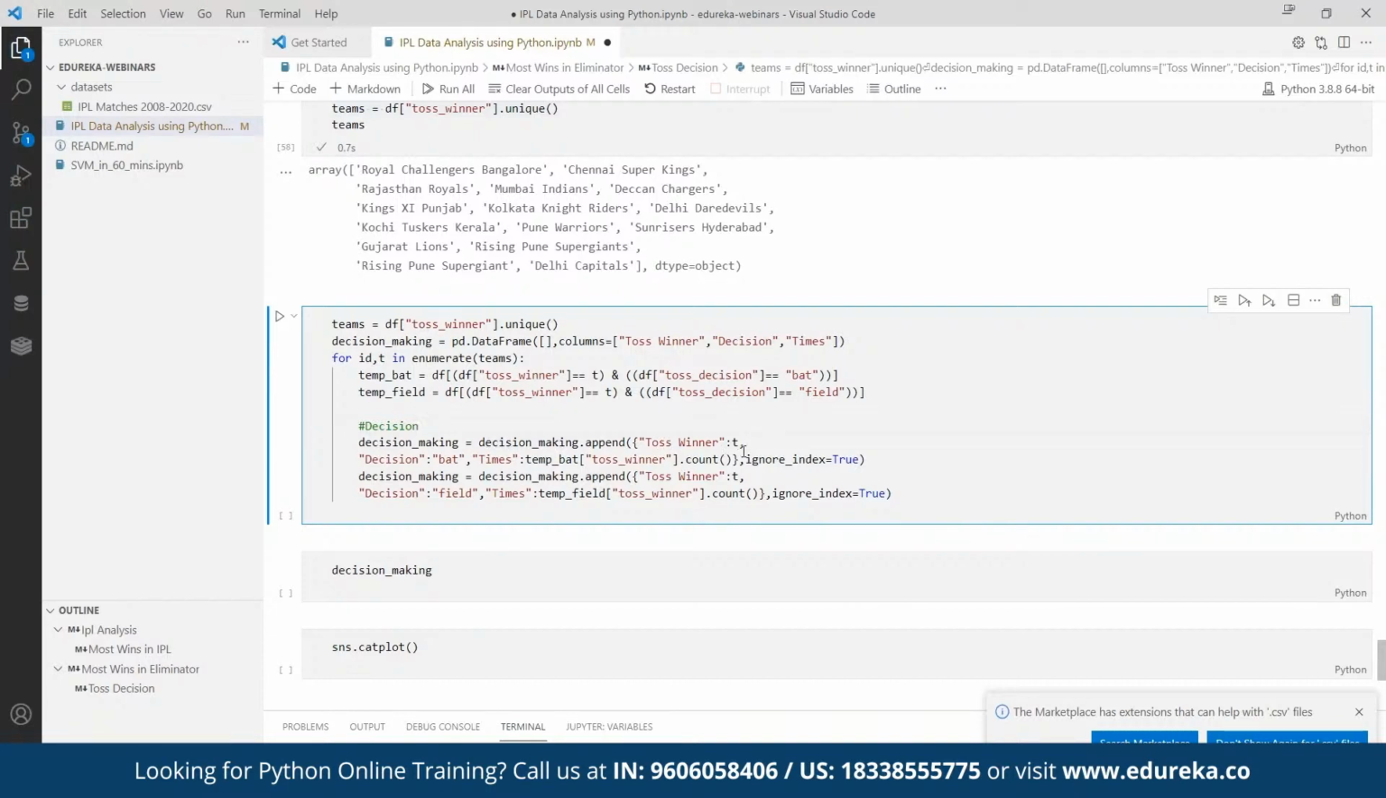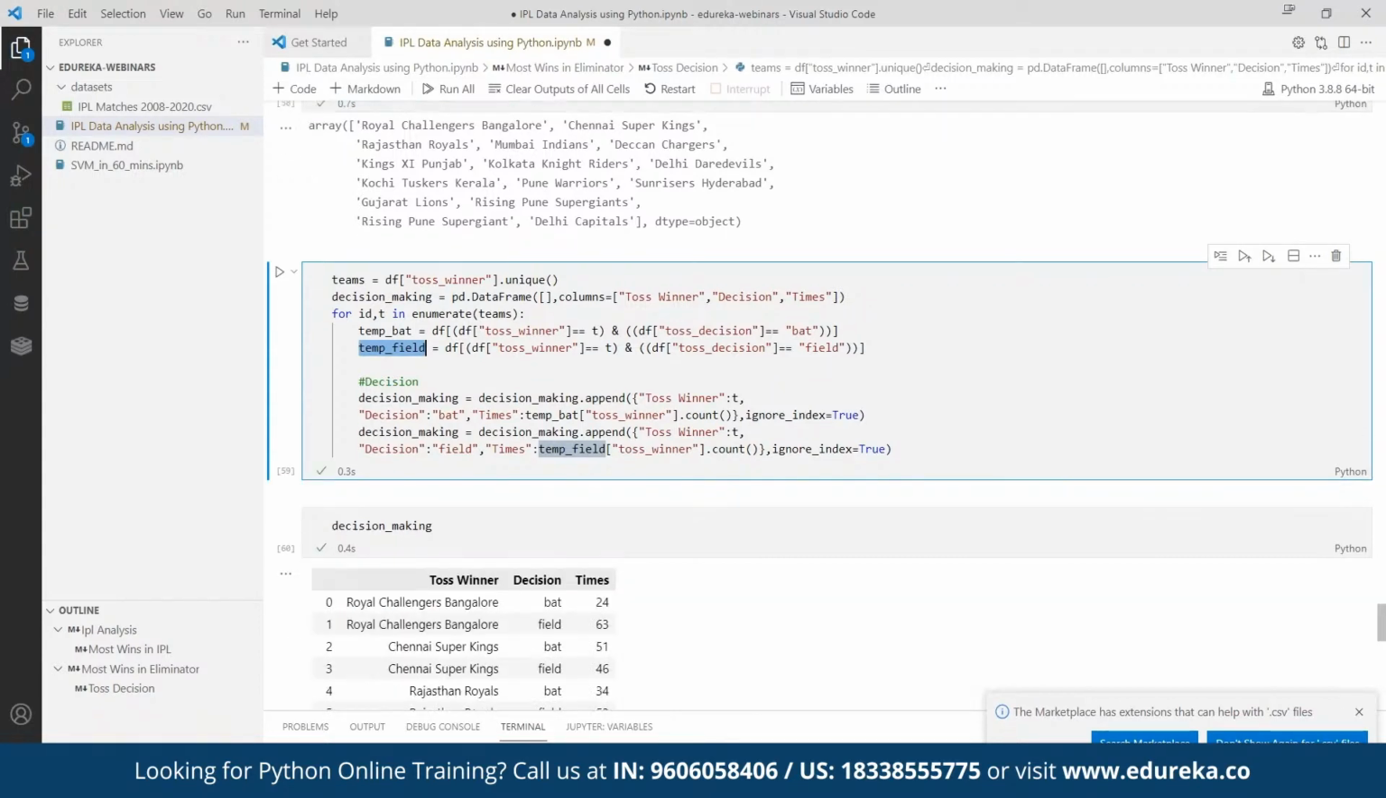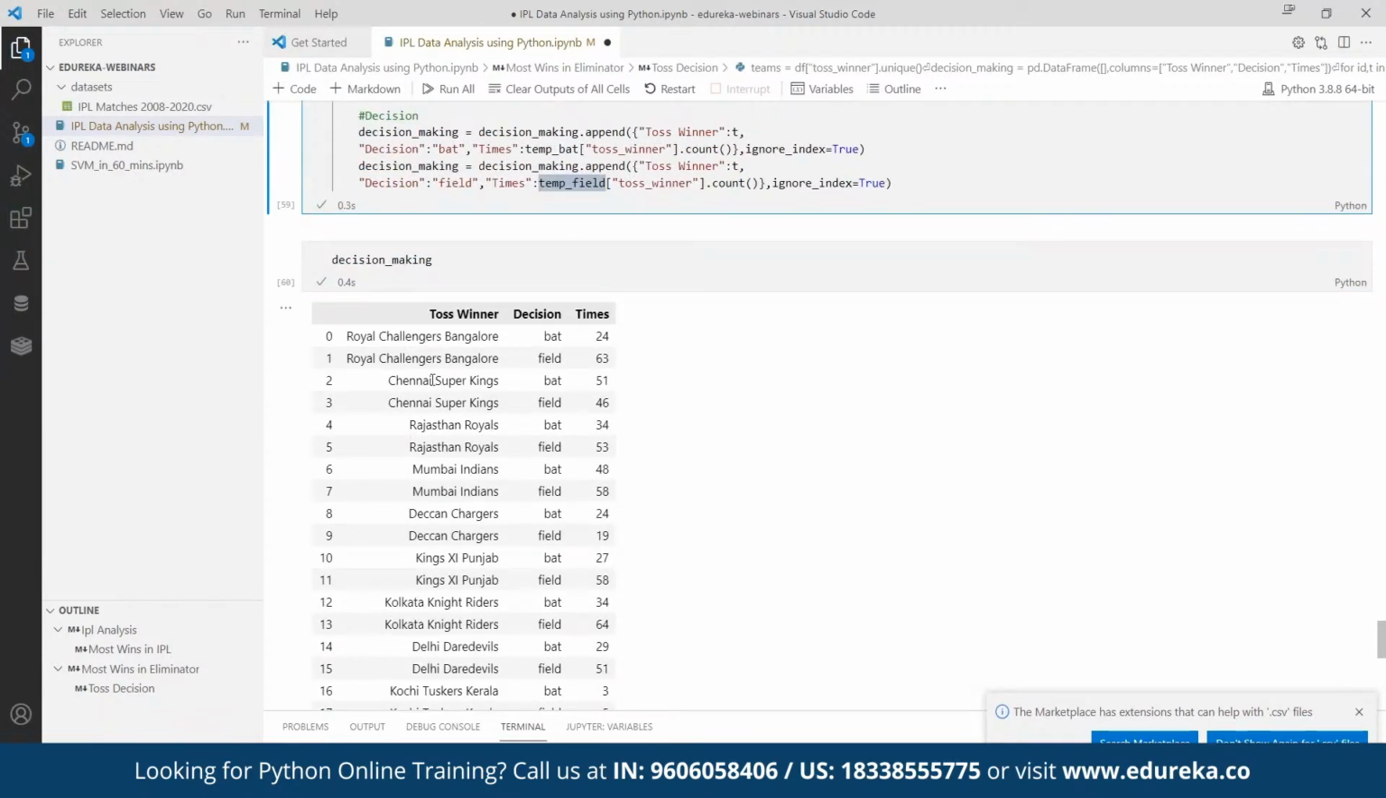So while appending, I'll say toss winner as T. How many times? I'll mention temp bat toss winner dot count. So this is going to give me the count, and I'm going to ignore my index, and I'm specifying my decision as bat. In the same way, I'm appending the data for fielding as well. I'll just execute this, and when I display my decision making data frame,